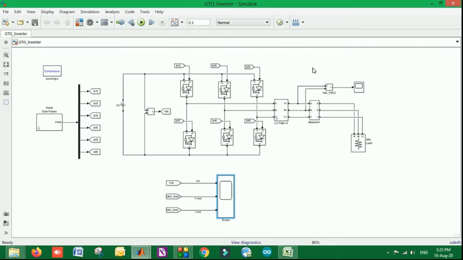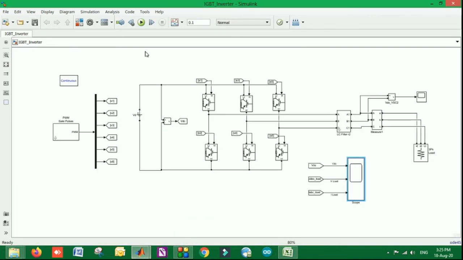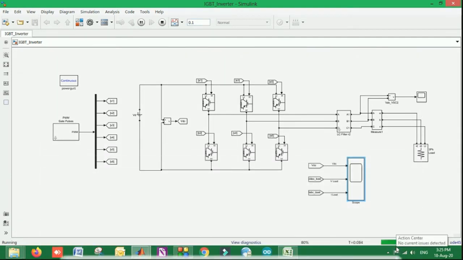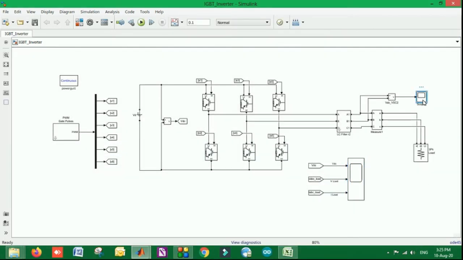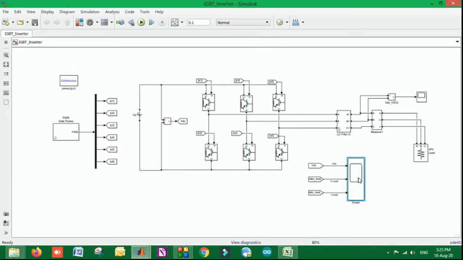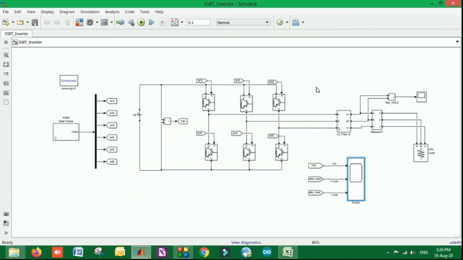Similarly, for the analysis of the IGBT, we have the second model in which the IGBT devices are used. When I am simulating this one, it will again give you the results by running the time period that we have defined over here. Let's complete it to 100%. Once it is done, as you can see it is 93% now it is done. I am clicking on the scopes and getting the results, what exactly the voltage value is. Similarly we can see what exactly the input we have given, what is the output at the V load and the current at the load. Here the resistive load is implemented at the output end.